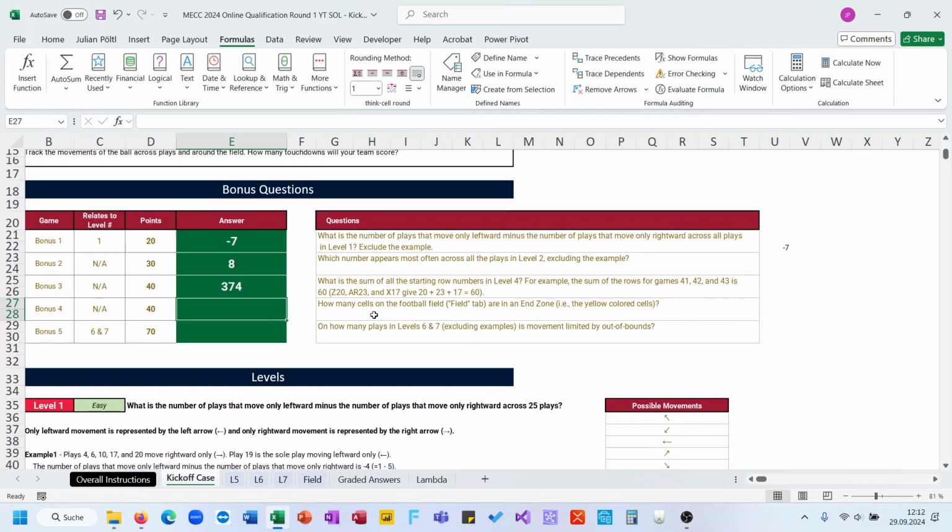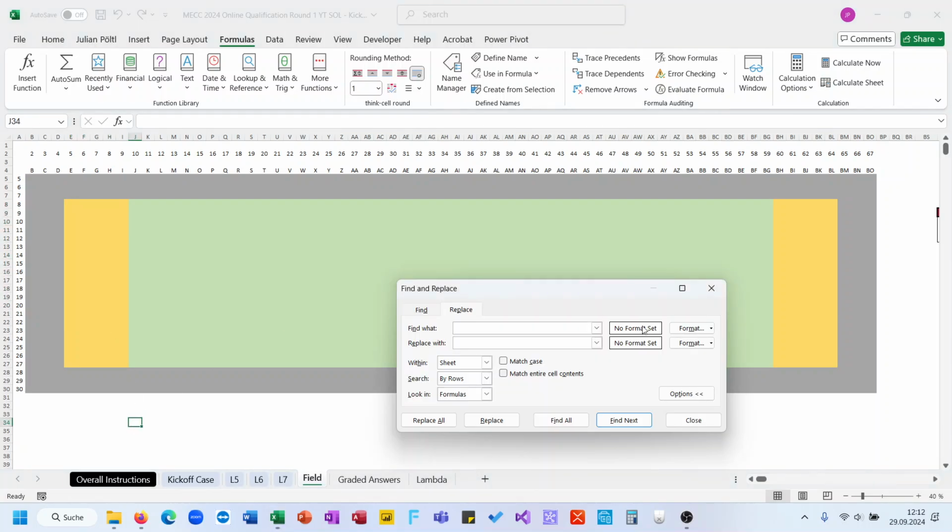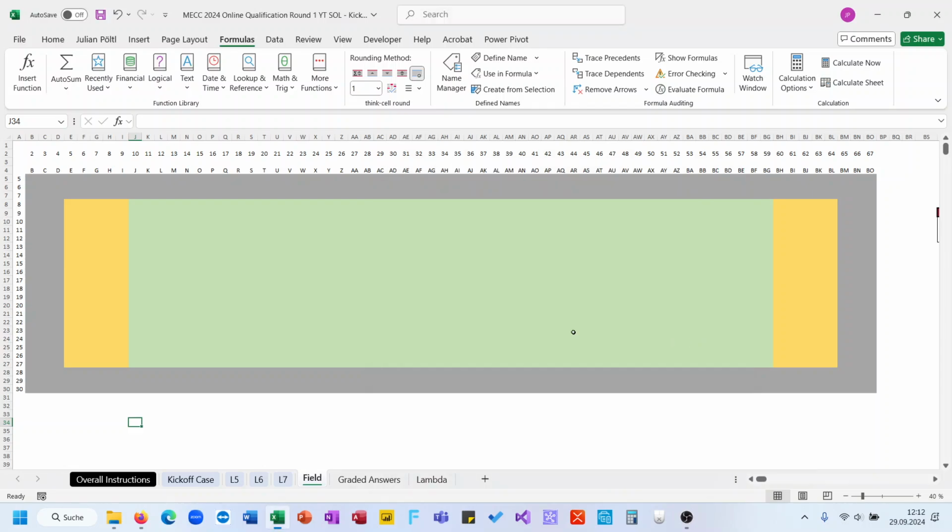How many cells on the football field are in the end zone? So this is quite easy. You could use the replace by format here, but you can also see here 20 rows times 5 columns, so 100 cells, and here also the same size, so 100 cells. So we have here